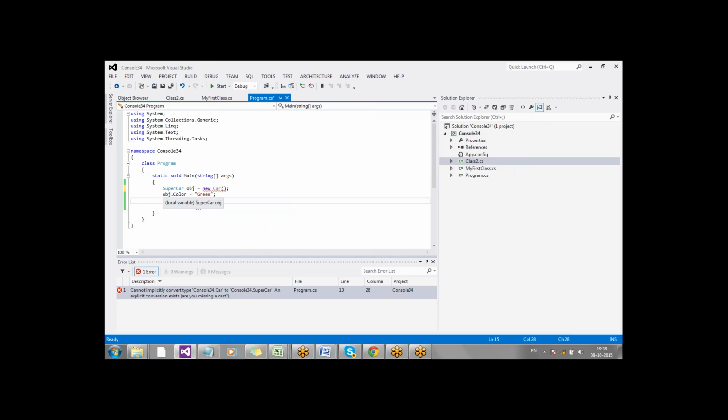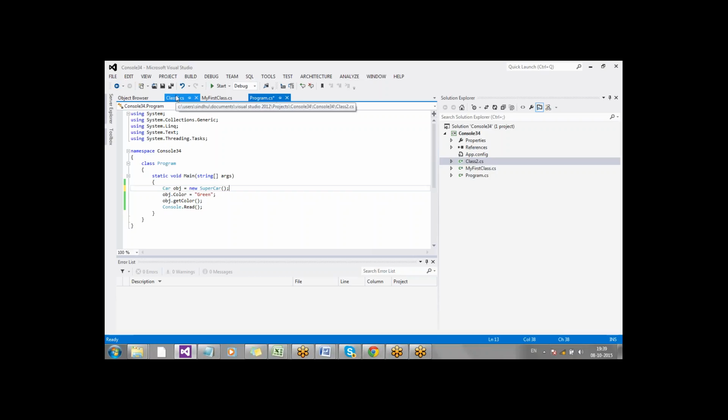So it will not allow because supercar contains a few more details apart from your car, right? It's an advanced version of it. However, if you create it like this, you are creating a new instance of supercar and trying to convert it into car type. Car is the base class, right? So it will accept. Making sense? And in this scenario, both the constructors would be called. Are you understanding or not? Yes or no? Good. One second.